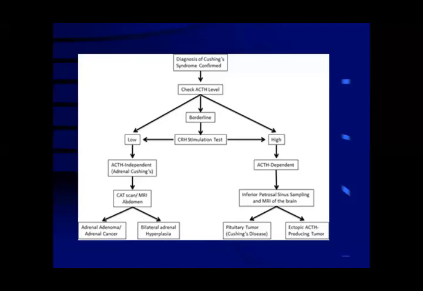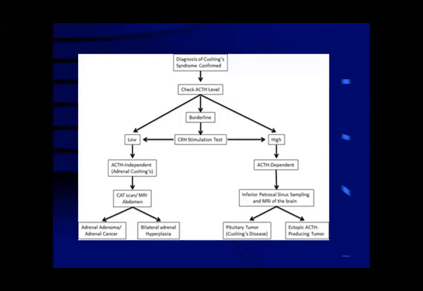on the abdomen or the renal area to see any tumor, primary tumor, adenoma, or cancer, or whether there is any hyperplasia, bilateral hyperplasia. This finding is noted out by CT scan. CT scan is the basic test to find out any sort of tumor growth or hyperplasia on the adrenal gland. On the other hand, if the level of ACTH is high, it means the total defect is in the pituitary gland, not in the adrenal gland.